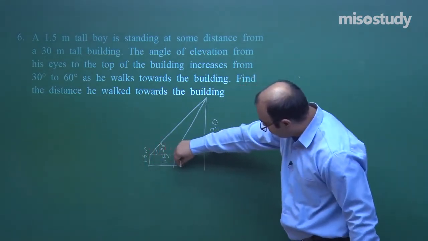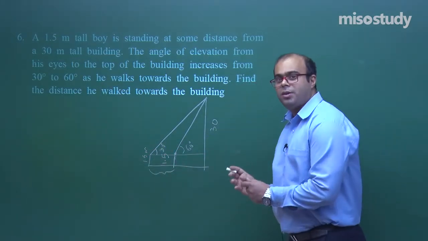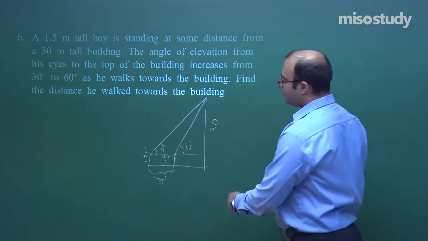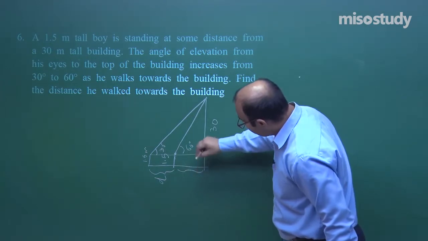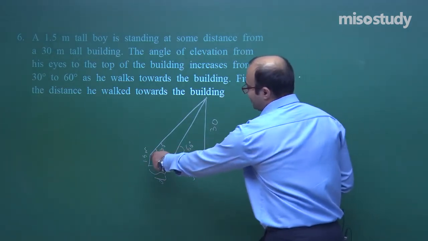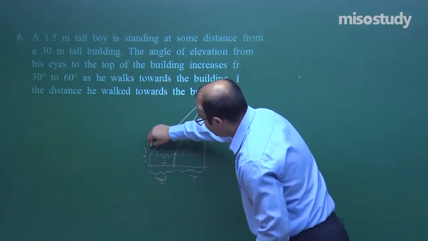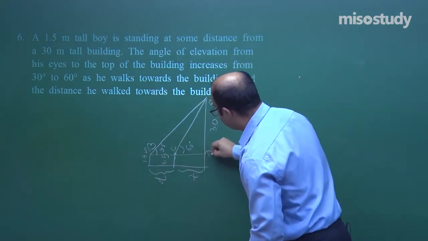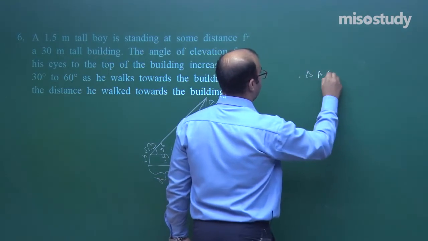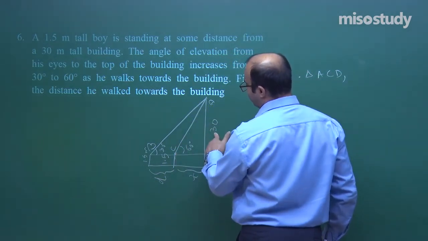So, this is the floor and this is the distance they want, the distance that the person has walked towards the building. So, suppose this distance is d, what we will do? We will take this value as x, though we do not have to find it, but you will use it. So, if you take this triangle, let us take this triangle first. This point is A, this is B, this is C and this is D. So, if you take triangle ACD, first take triangle ACD, in this triangle ACD, tan 60 degree is